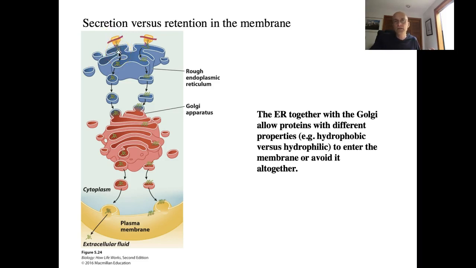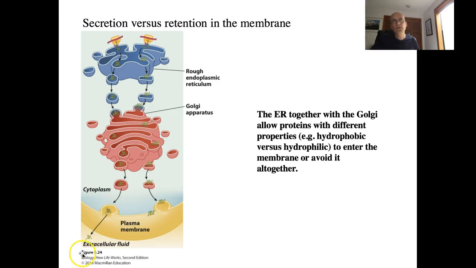Cells have to secrete certain things, right? Hormones get made and secreted, other substances get secreted. And so they have to come out of the cell somehow. If they are large and there's no protein transport, no membrane transporter, then they can be synthesized and kept inside the endomembrane system through the Golgi apparatus, and then as a vesicle through the cytosol, and then this membrane will dock here, fuse with the outer membrane, become part of the outer membrane, and then expel its content